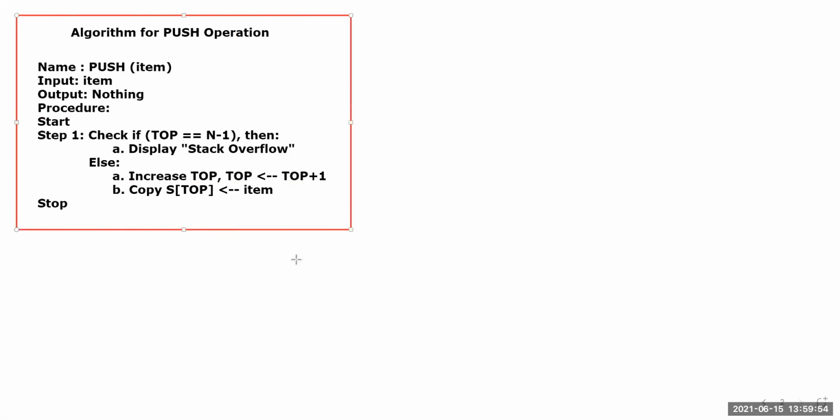And now if I want to just convert it into the C code, we will use function. Right. So I hope you already have the concept of creating user defined functions. So C function code for push operation in stack.